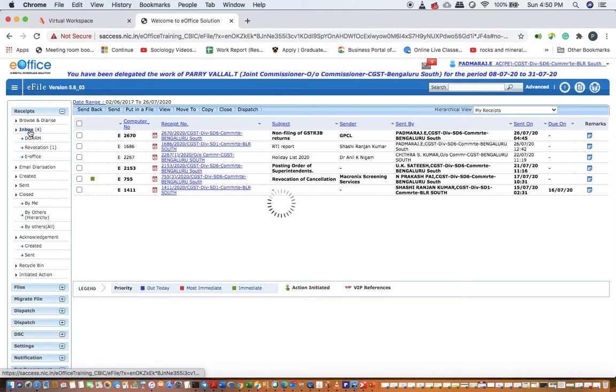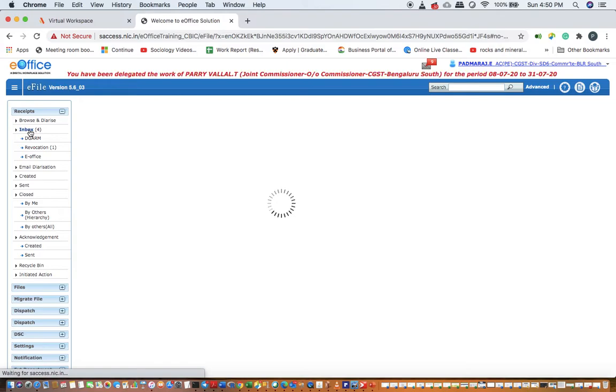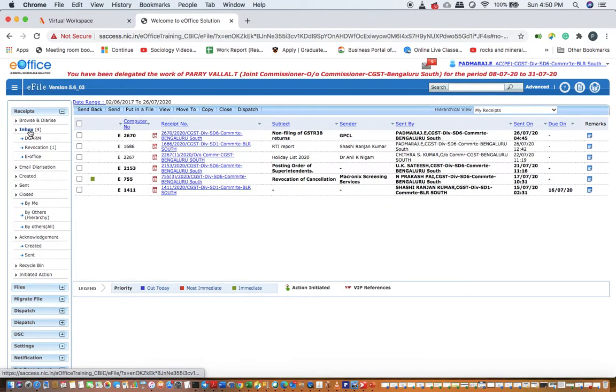So in short, this is what a CRE officer does. He will diarize. In case of physical receipts, whatever physical receipts come, he will scan and keep them on his desktop. Then he will upload it, browse for that particular receipt, diarize it and send it to the person to whom it is marked. And if it is wrongly sent, he will pull it back, it will come in his inbox, and then he will send it again to the correct person to whom it is addressed.